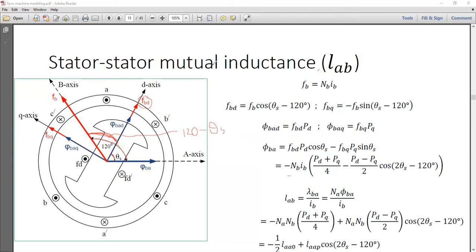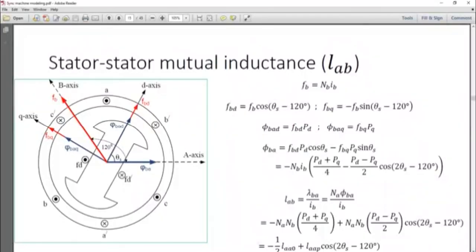Do you get it? The whole thing is 120. Why 120? Because it is a balanced system. So did you get the angle that I just mentioned? This is the angle we are looking for, and the whole angle is 120 degrees between the A axis and the B axis. Why is it 120 degrees? Because it's a balanced system. We are assuming a balanced system, so A to B, B to C, C to A, all should be 120 degrees.